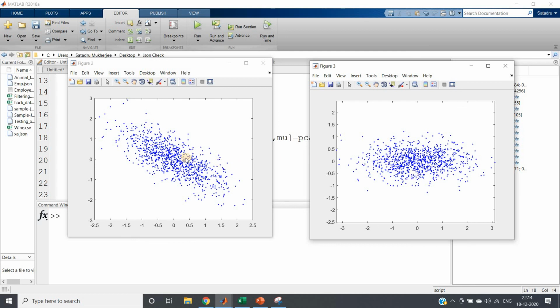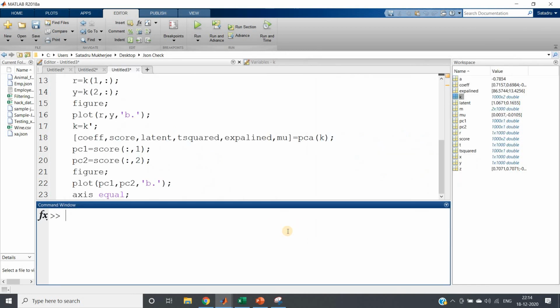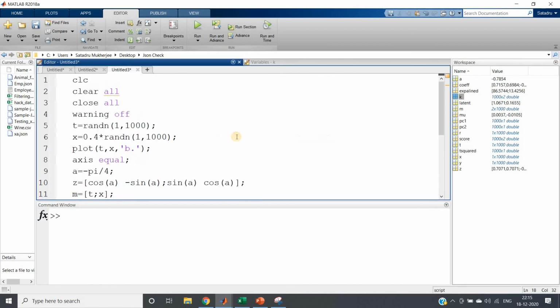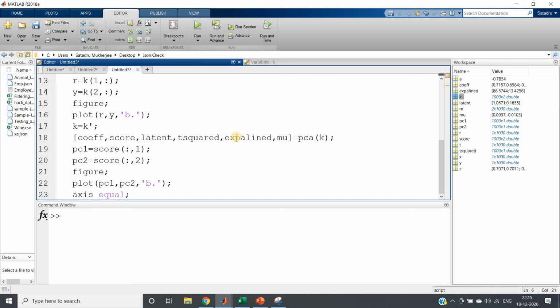So we have removed the feature which explains this data by not a significant amount, that is the rotational component. The rotational component was not that significant, and we are able to remove it using PCA. This is the power of dimensionality reduction. I hope you have understood this. This code I have applied on data which we created on our own for understanding the implementation, but in my next video, I will discuss how we can apply it on a real data set.